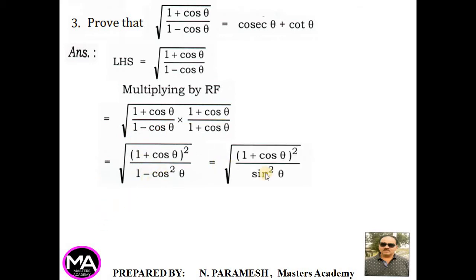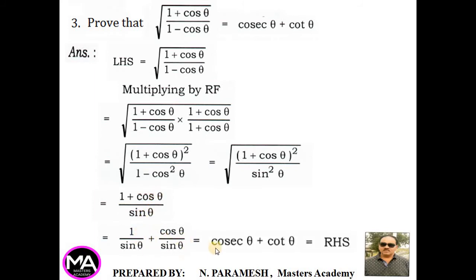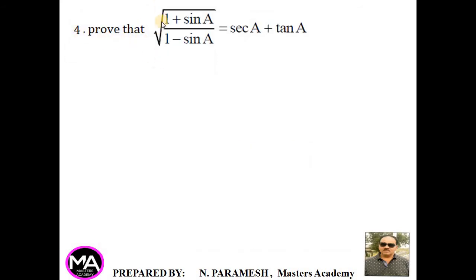theta, that is equal to 1 plus cos theta whole square under root sin square theta. Square and square root get cancelled in both numerator and denominator, 1 plus cos theta divided by sin theta, that is equal to separating, 1 by sin theta plus cos theta by sin theta, that is equal to 1 by sin theta is cosecant theta, a reciprocal function, plus cos theta by sin theta is the ratio function cot theta, that is equal to RHS. Fourth question, prove that square root of 1 plus sin A divided by 1 minus sin A is equal to